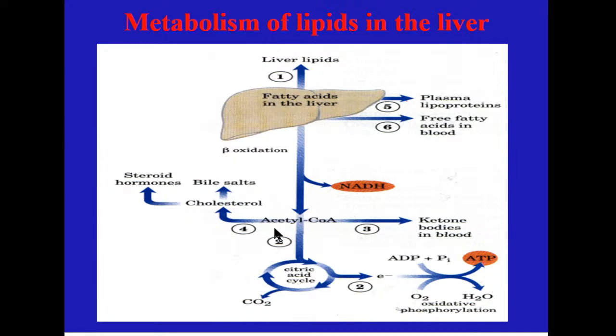All sources of acetyl-CoA can be sources for the formation of cholesterol, then formation of bile salts, steroid hormones, and vitamin D. Excess of acetyl-CoA can be converted to ketone bodies. The normal pathway is to be oxidized in the citric acid cycle, which will give us energy by the process of oxidative phosphorylation. Pay attention that conversion of cholesterol to bile salts is a pathway to excrete excess cholesterol from our body. Anyway, we need to lose a special quantity of cholesterol each day.